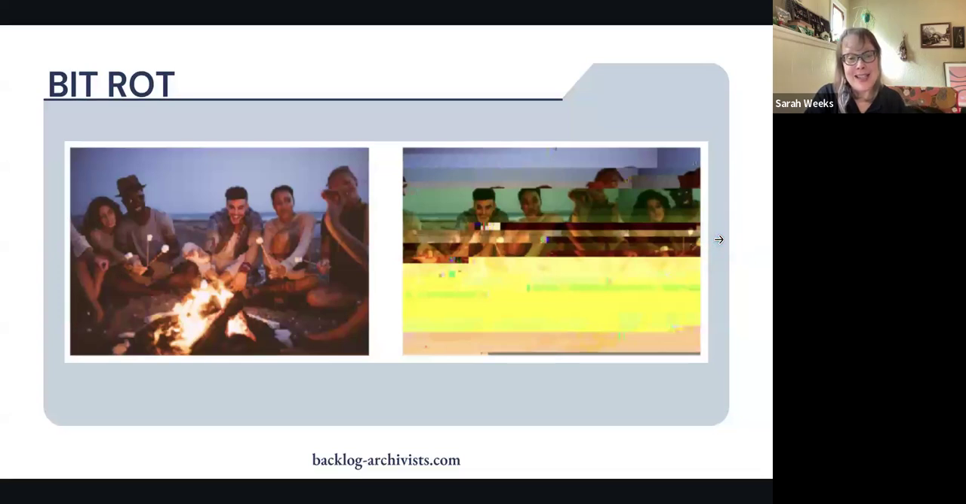Okay, here is an example of a corrupted file. This is bit rot. This is what happens when those ones and zeros flip. Friends enjoying a bonfire on the left, and then this image happens on the right. And there's no coming back from this. This is why